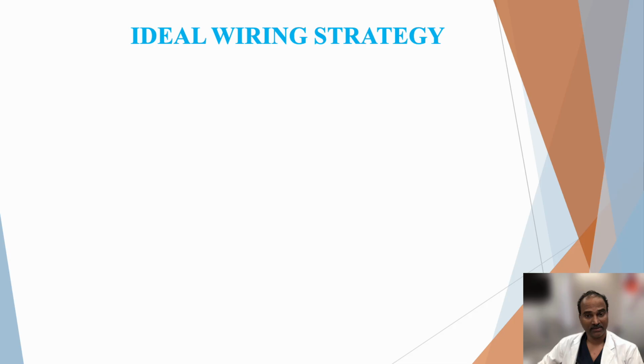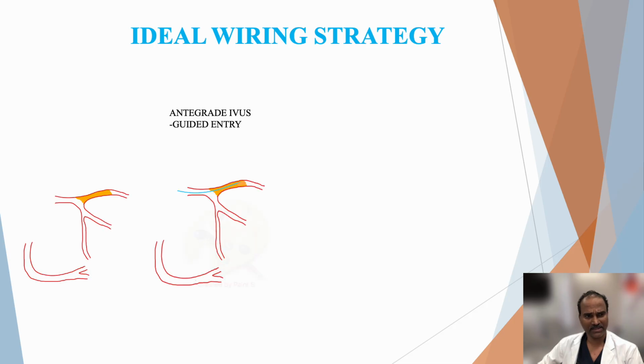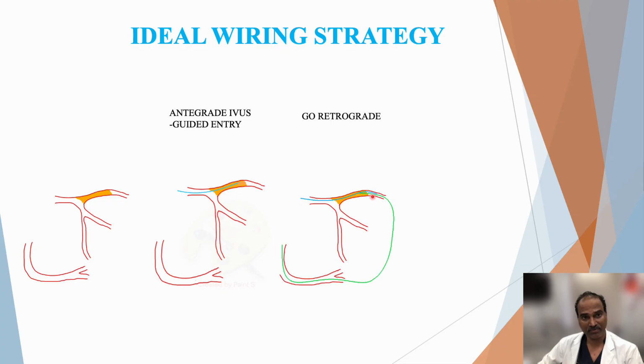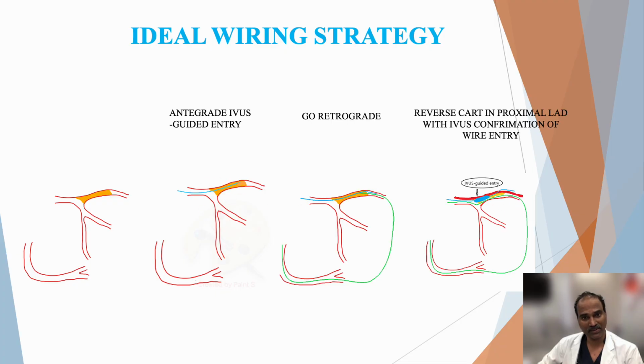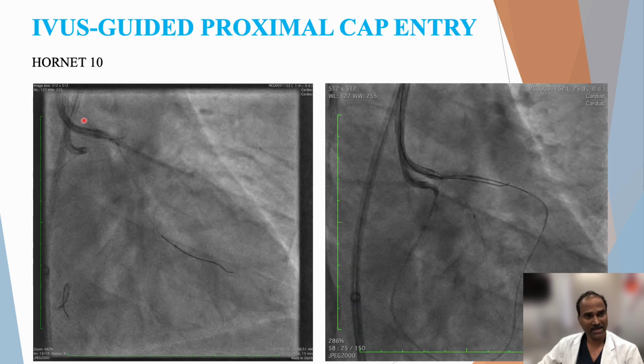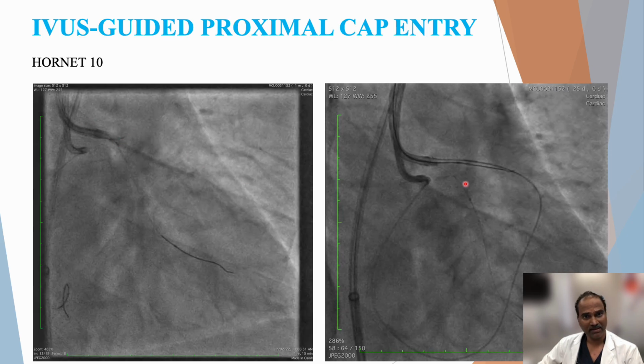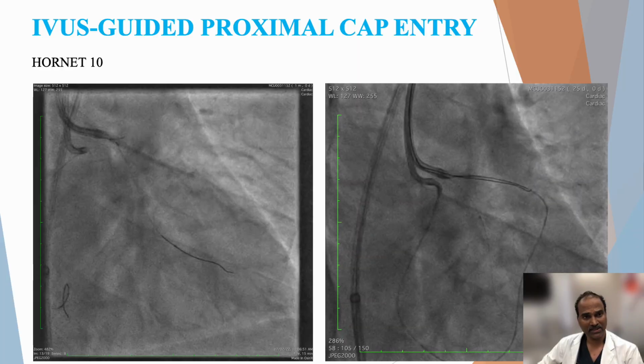That's why the ideal wiring strategy for these patients is to first go antegrade, prepare antegrade with IVUS guided cap puncture. That is very important. If you don't have IVUS, and your antegrade wire enters subintimally, you can create the same complication as by going retrograde and coming into the LMCA. So it's important to have an IVUS guided antegrade cap puncture followed by going retrograde, and you can finish your procedure. You can see here we did IVUS guided antegrade cap puncture, and then we went retrograde,